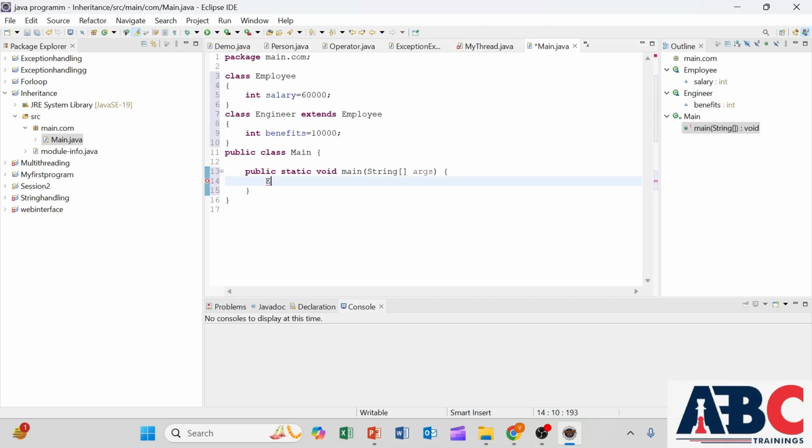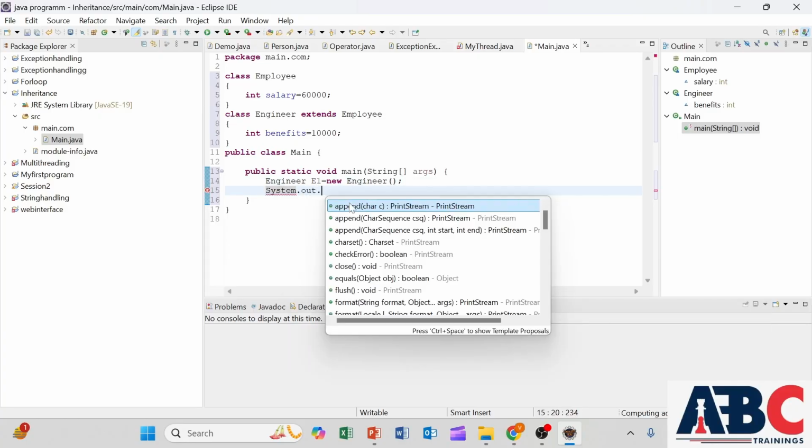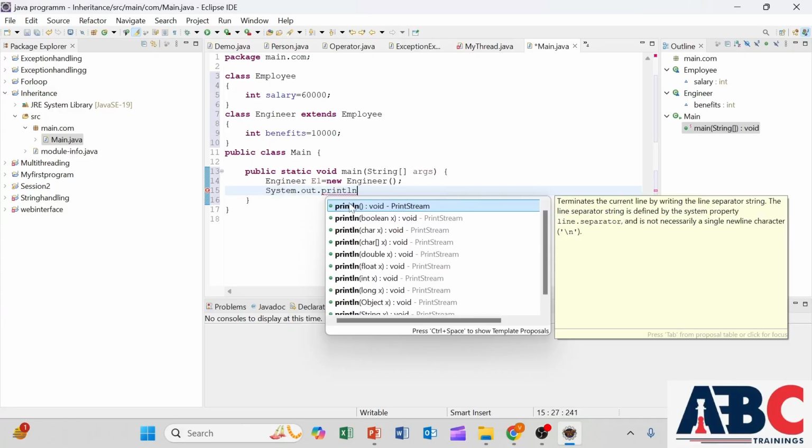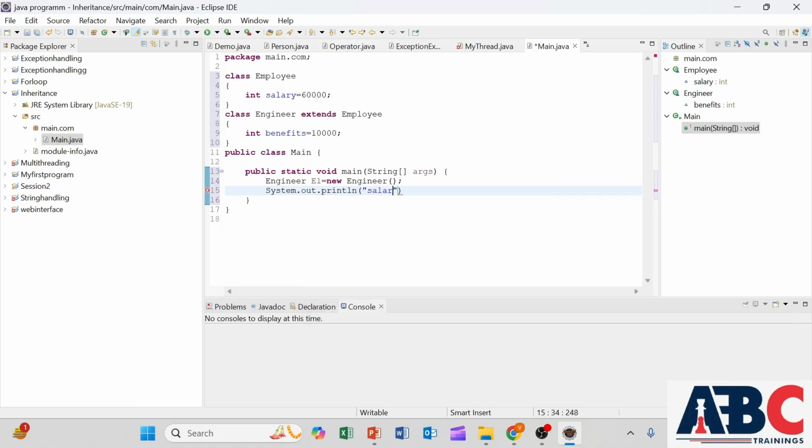Create the object e1 equals new Engineer. Then System.out.println, salary equals